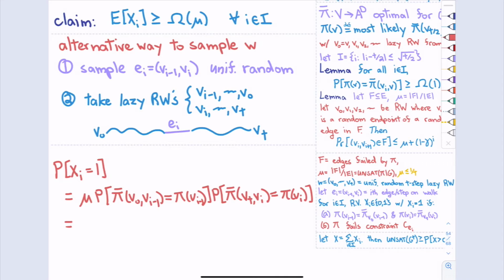Does this part of the statement make some sense? I have to sample e_i to be a bad edge, because that's condition 2. And then I need to check condition A: if I walk back to v_0 and if I walk forward to v_t, are they going to agree with pi for those endpoints?